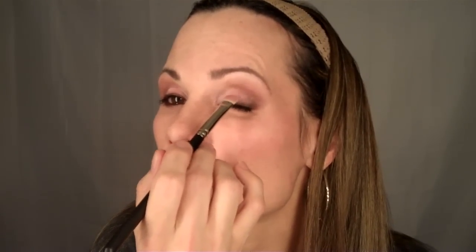And then if you really want to add a little bit of extra something to this look, you can use something a little bit shimmery. You can use a pigment if you have it. I'm going to use this mineral eyeshadow dust from Prestige, and I'm going to use the lightest color that is available, and it is this color here. It's kind of like an off-white pink color. And what you can do is just take the medium eyeshadow brush and just tap it slightly into the powder, because it doesn't take a lot. Tap off the excess and then just lightly go over the center of the eye